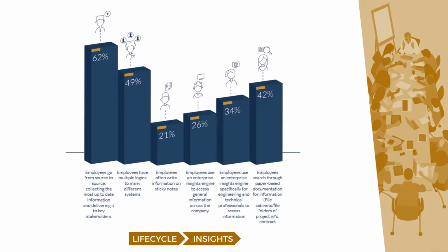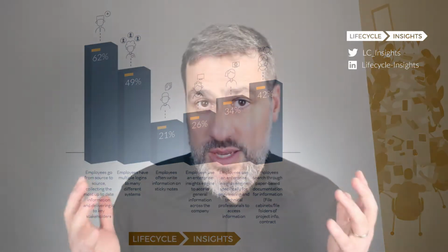The next one is employees have multiple logins for many different systems. So actually, this is interesting. Information is spread across lots of different systems: procurement systems, PLM, ERP, supply chain management, service, actually a lot of spreadsheets, not just enterprise software systems, but a lot of spreadsheets today. So the way that this works is that you give an employee multiple logins for all those different systems, and they have to keep track of them, keep them secure, and remember what they are,